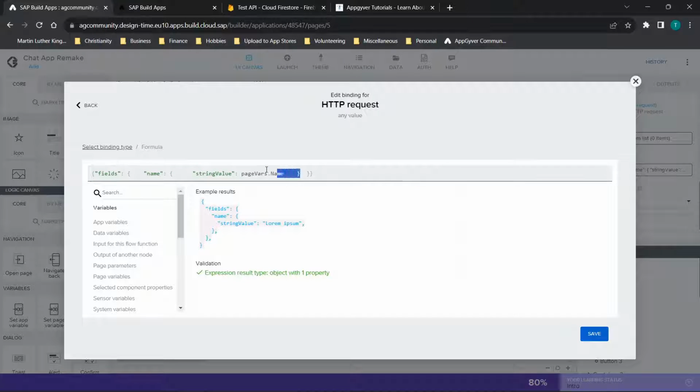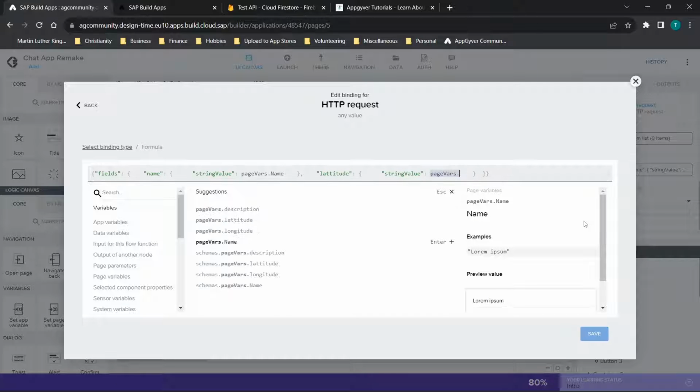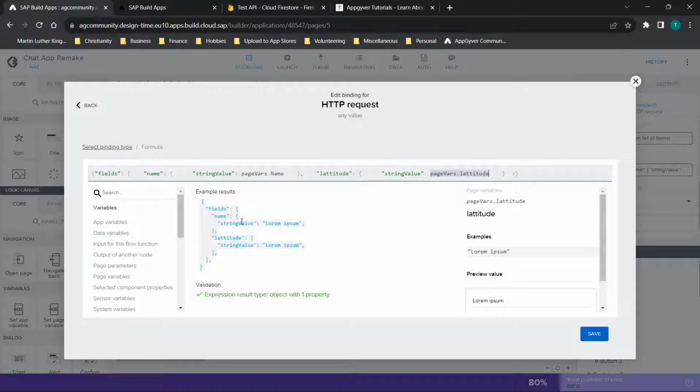Now, if we wanted to add another value, you can just copy up to this point. So you can put a comma after the bracket and then paste in the text up to the bracket. Now, you're going to get an error because obviously you need to have a different text here. So we could type in latitude. And then when you go over to your page variable, when you remove the text name, you'll see you have